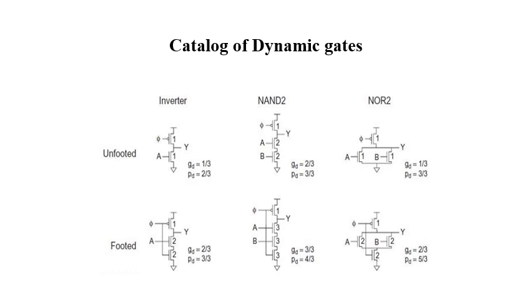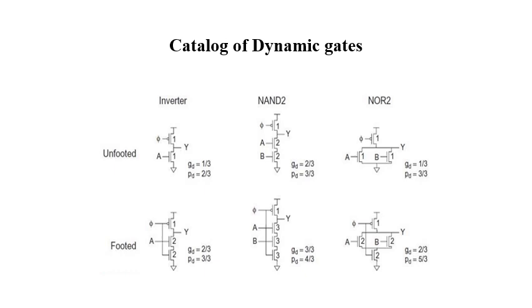Here in the footed structure, the value of this gate is the input gate, this is 1 by 3, and then the output Y is connected between these two transistors. That's why 1 plus 1, 2 divided by 3. At the same time here also it's a grounded gate, that is 2 divided by 3, output between these two gates, so 1 plus 2, 3 divided by 3. Here the grounded gate is connected between these, 1 divided by 3.